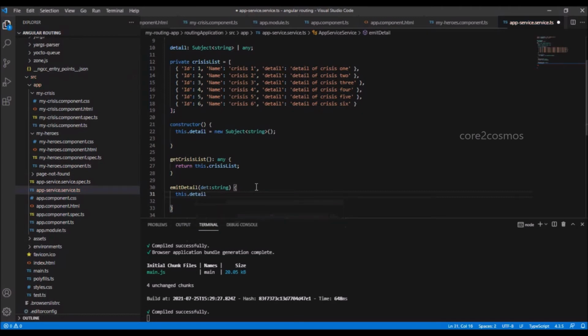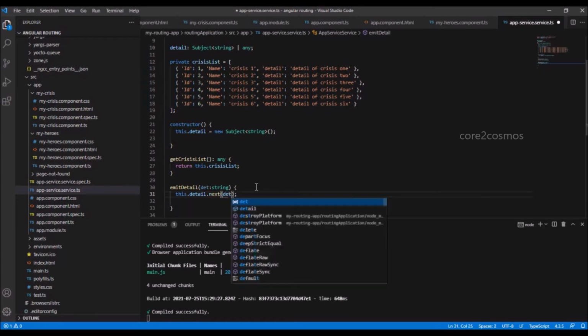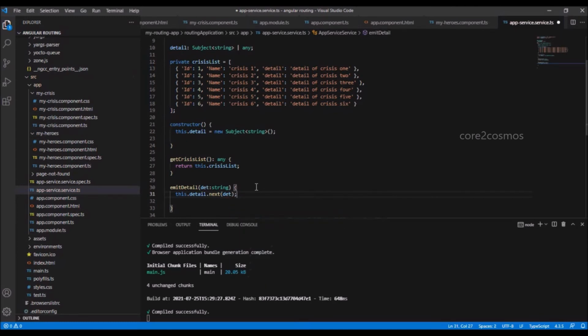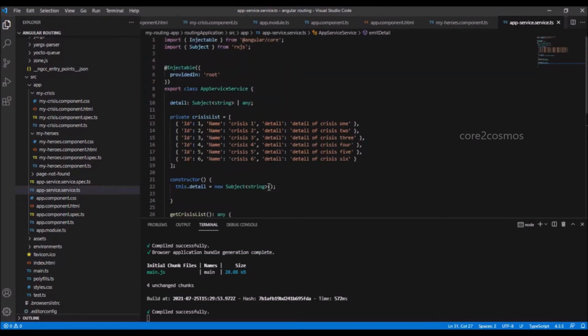In the emitDetails function definition at line number 31, I say this.detail.next, and within the brackets I pass the input. In order to emit the details from crisis component, I will have to use the emitDetails method.